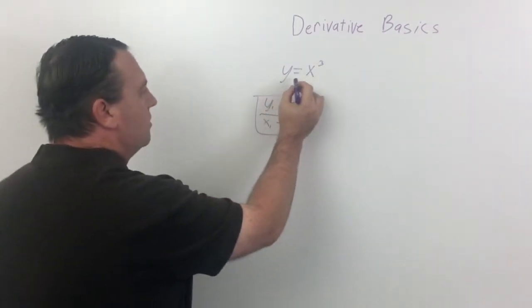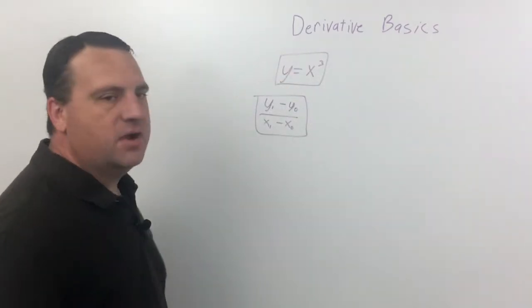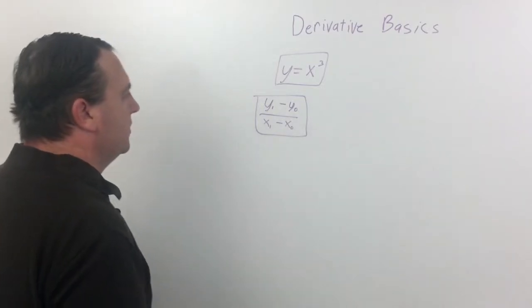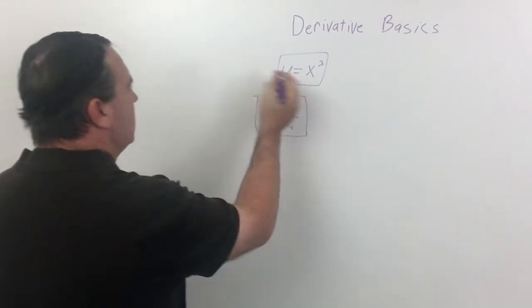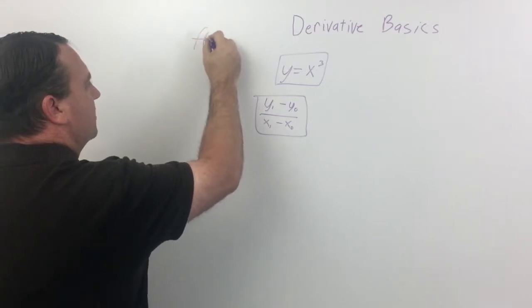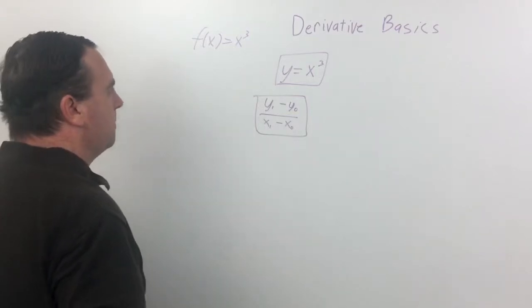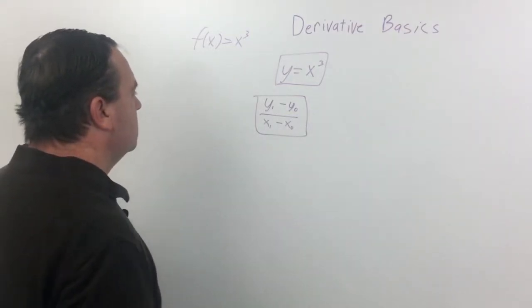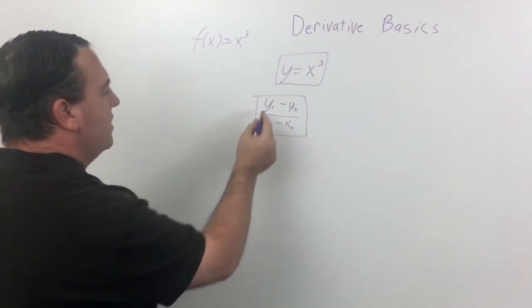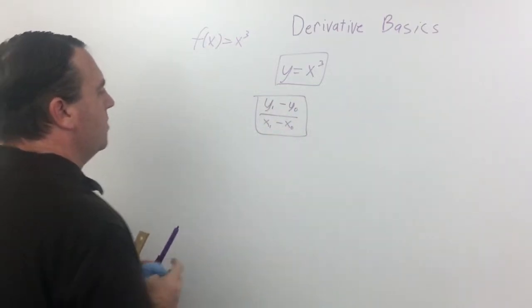Notice that the way that we have this constructed, y is a function of x. So instead of y equals x cubed, we can say f of x equals x cubed. Then, instead of having y values in here,